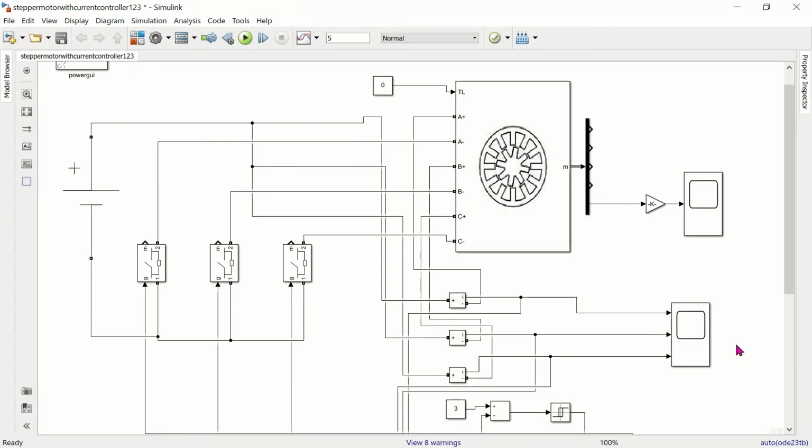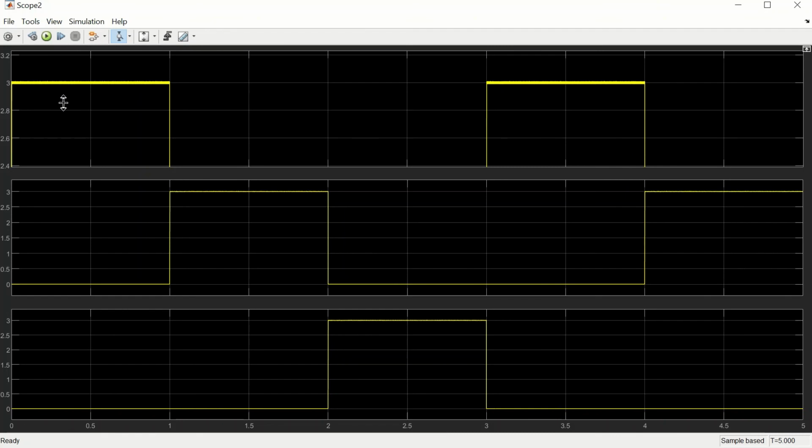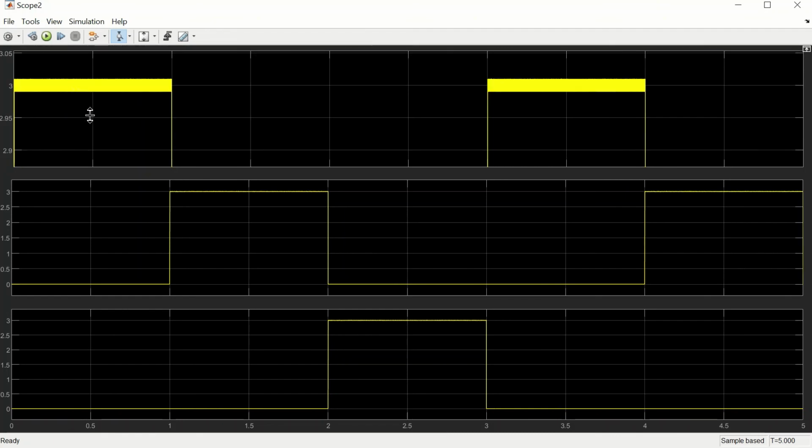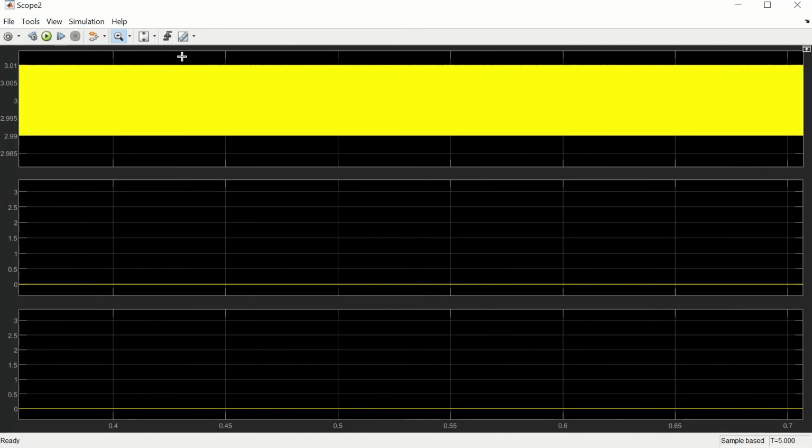Now we will check the current of each phase of our stepper motor, phase A, phase B and phase C. Here we can see the current is limited up to 3 ampere. The current varies in the range of 3 plus 0.01 and 3 minus 0.01.